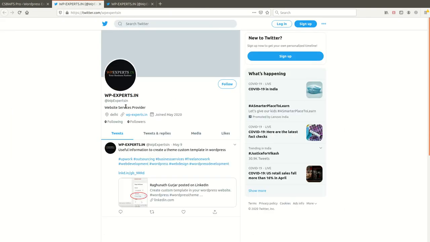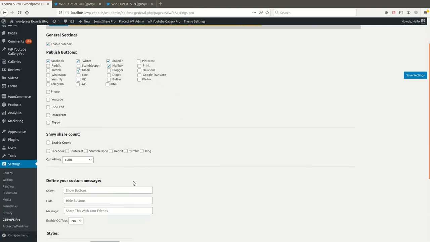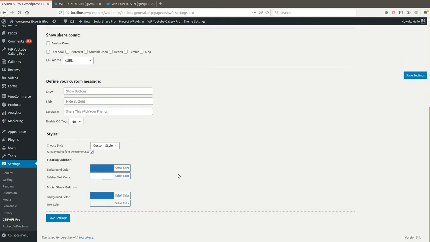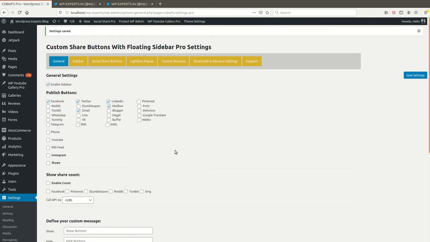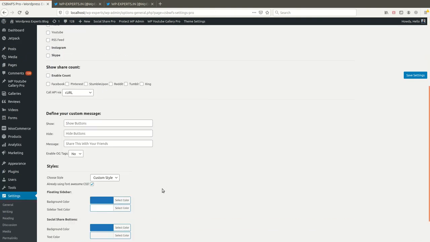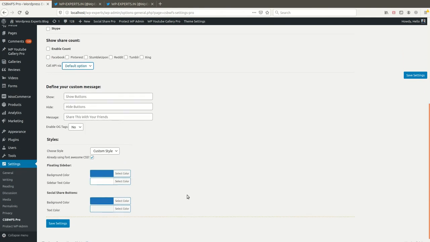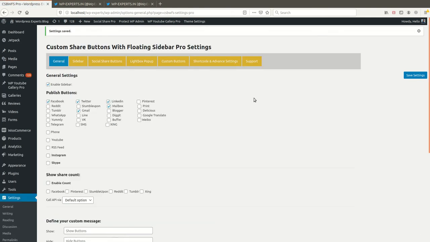You can use our social share plugin on your website to increase the traffic on your website. We have given a lot of features as per your requirement, you can use any one. Basically, in this plugin, I want to let you know there is no hidden script and no unused code. It's totally a lightweight plugin. We are not using any script in this plugin, so you can choose our plugin as your best choice for social share.